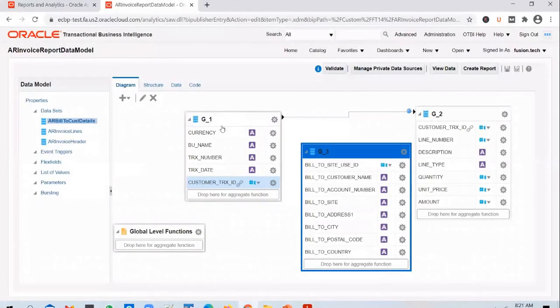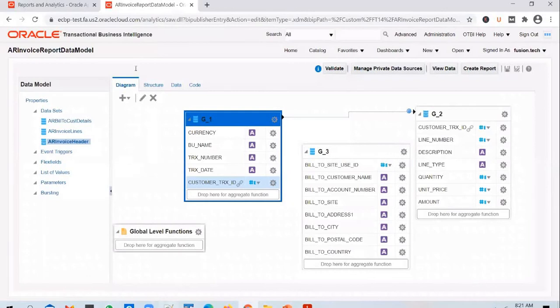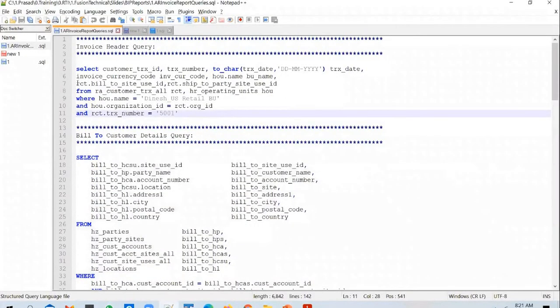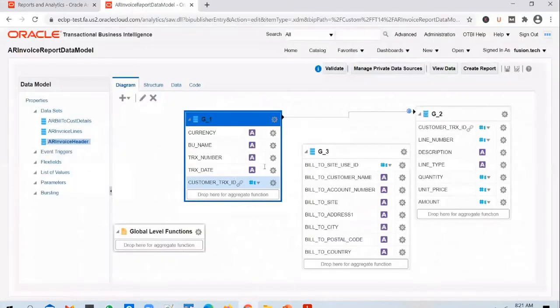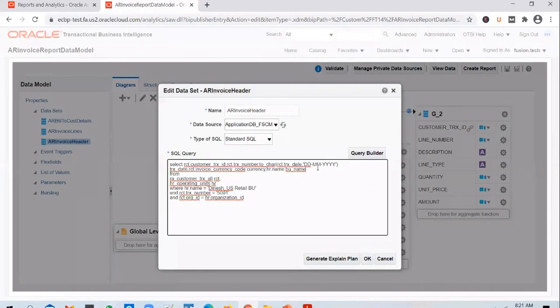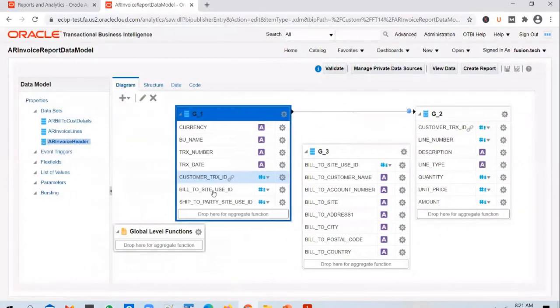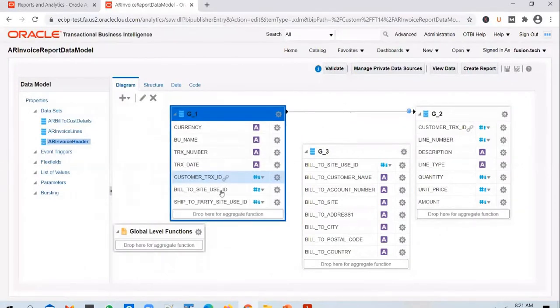Okay, let's go ahead and add to our main query a couple of fields. We need to add the bill to site use ID and a ship to ID. Edit it, and let's add in 2 columns. So what did we do? We have added a bill to ID and a ship to ID.